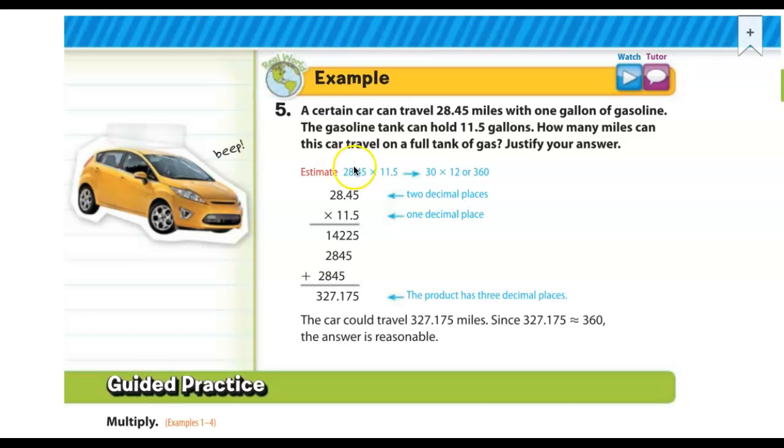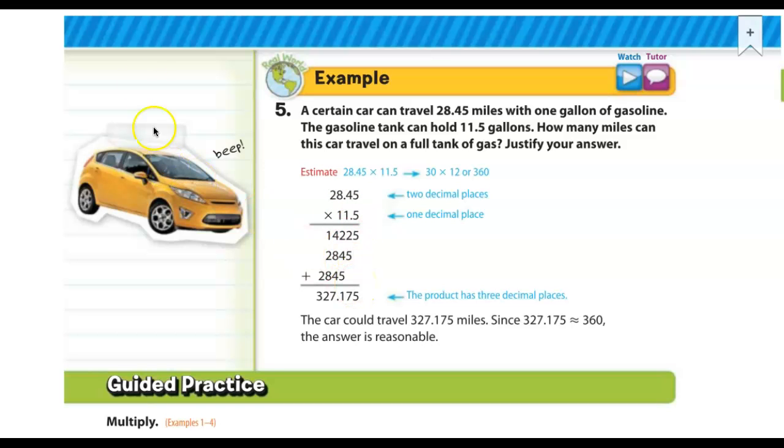Okay, we're going to finish up the notes by looking at example number 5 on page 108. A certain car can travel 28 4/45 miles with 1 gallon of gasoline. The gasoline tank holds 11 5/10 gallons. How many miles can the car travel on a full tank of gas? Justify your answer. We're going to multiply those two numbers together. And basically it's a 4-digit times a 3-digit